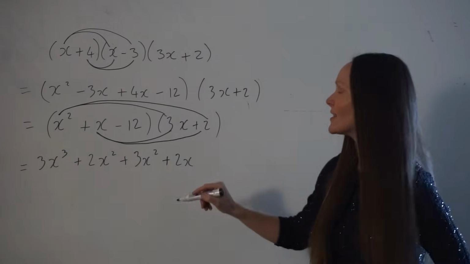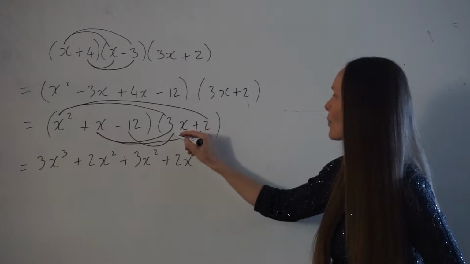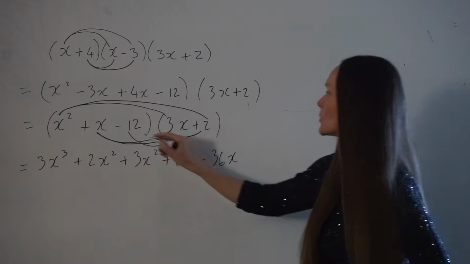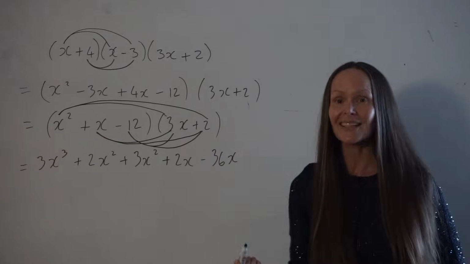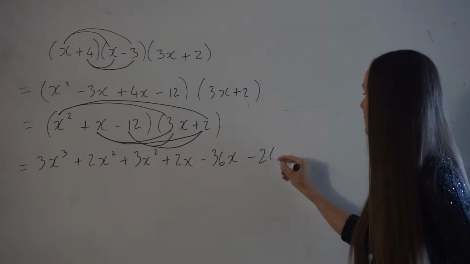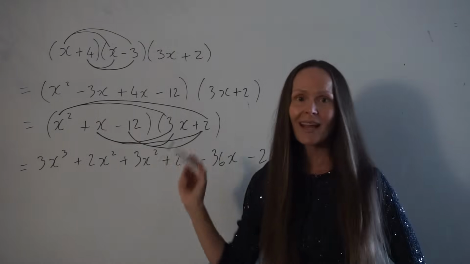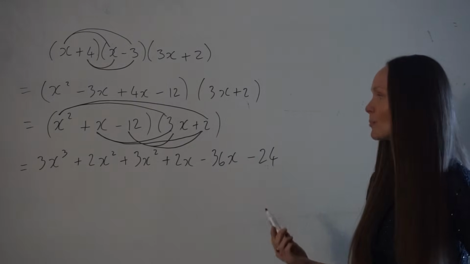And then we take the negative 12, nearly finished. So negative 12 multiplied by 3x is negative 36x. And last but not least, negative 12 multiplied by positive 2 is negative 24. Okay, so we've done all our multiplying. Notice how I did 6 multiplications there, okay, and I have 6 terms here, which I now need to simplify,